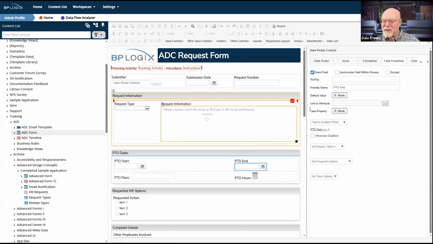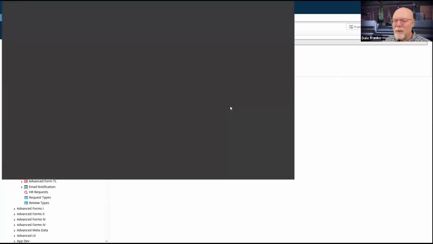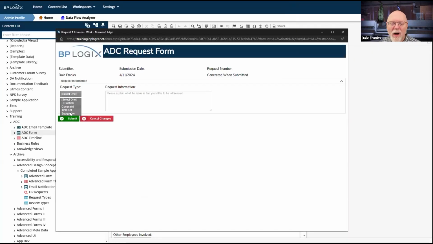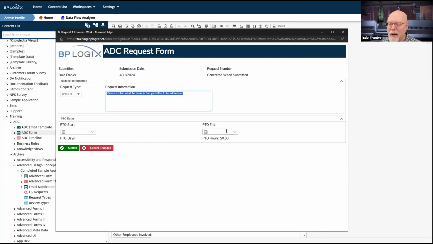Because I just moused over it and saw the disabling condition, but it didn't actually check to see whether it was disabled. And I do have show disabled fields as text. So I think I may have to switch this over to field is disabled when rather than field is enabled when. Conditions are tricky. Oh yeah, so that's enabled.